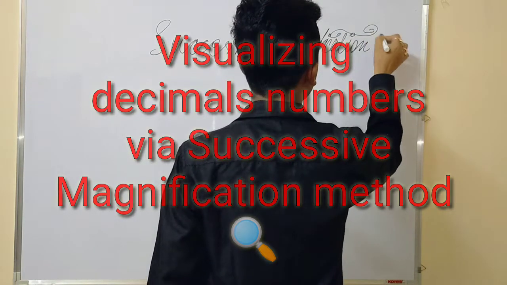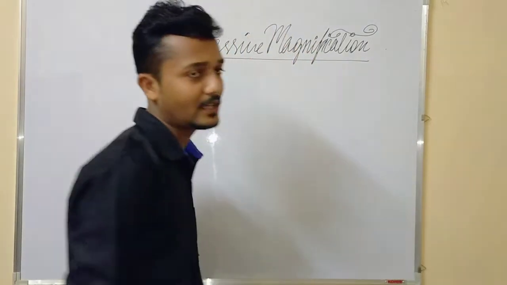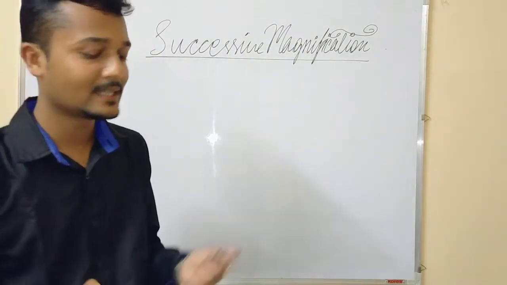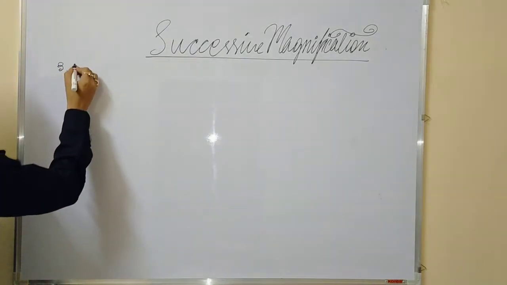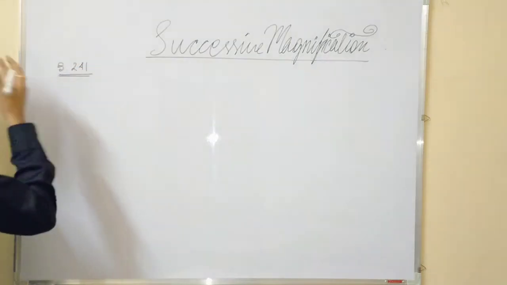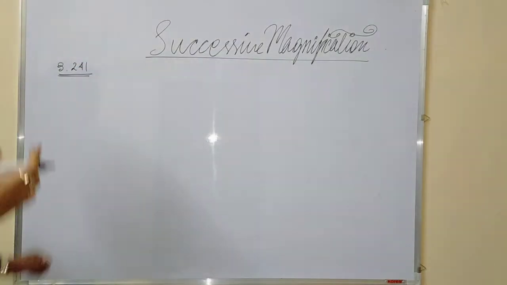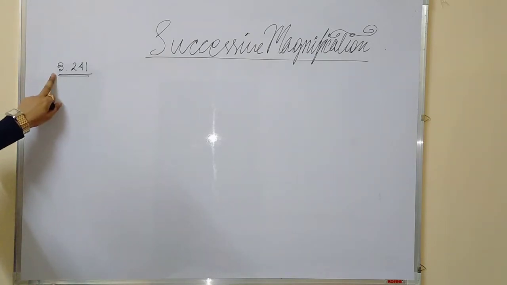Visualizing decimal numbers via successive magnification. So what is this? Let us take one number, say for example 3.241. This is one particular decimal number. So what kind of decimal is it? Terminating decimal, isn't it? So this kind of decimal number we will try to represent through successive magnification on